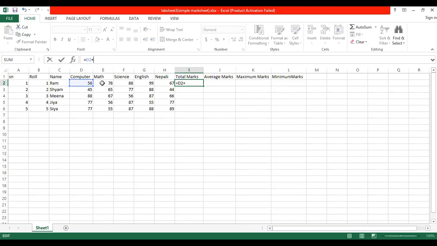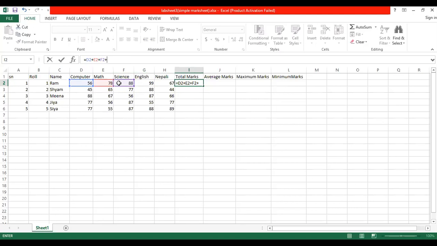Then what is the formula of 78? E2. So it is E2 plus. Now science. What is the formula of this one? F2 plus. Then what is the formula of this 91? Column name G, row number 2.